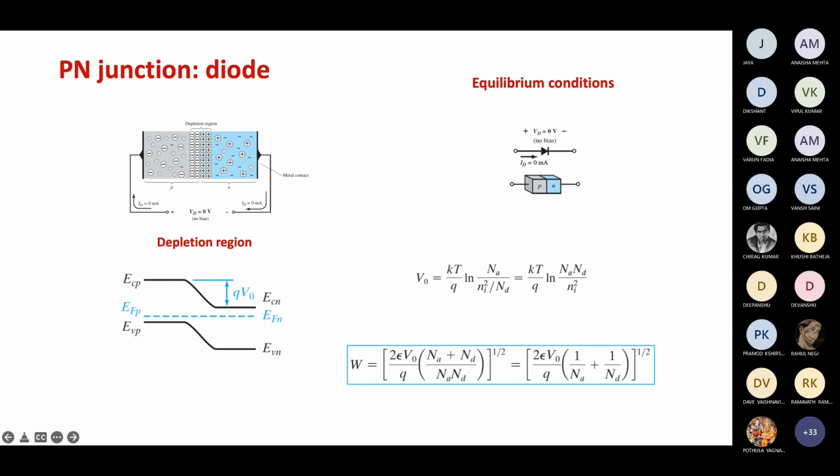So here also, in the depletion region, the electron population is getting changed, and that's why you can see that this Fermi level and conduction band are varying. The distance between the Fermi level and conduction band is varying. So the point that I was highlighting is that if we apply a large reverse bias in this system,